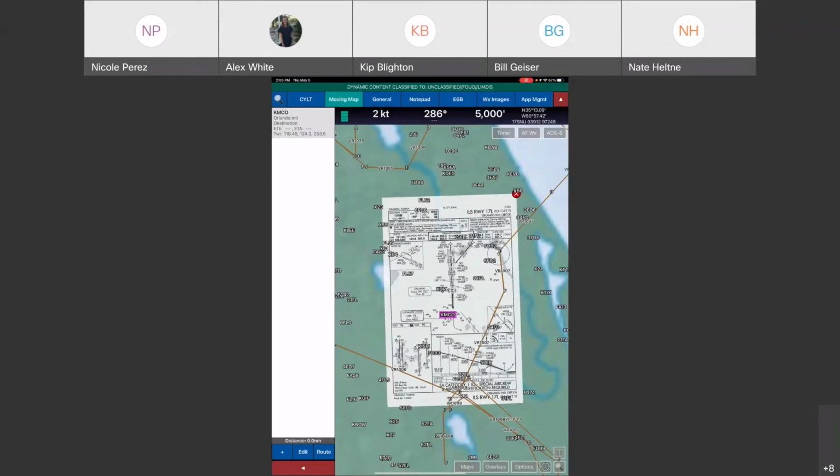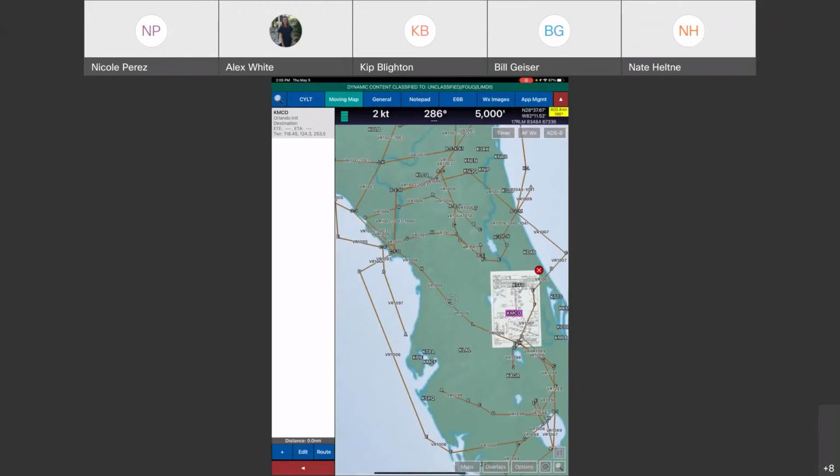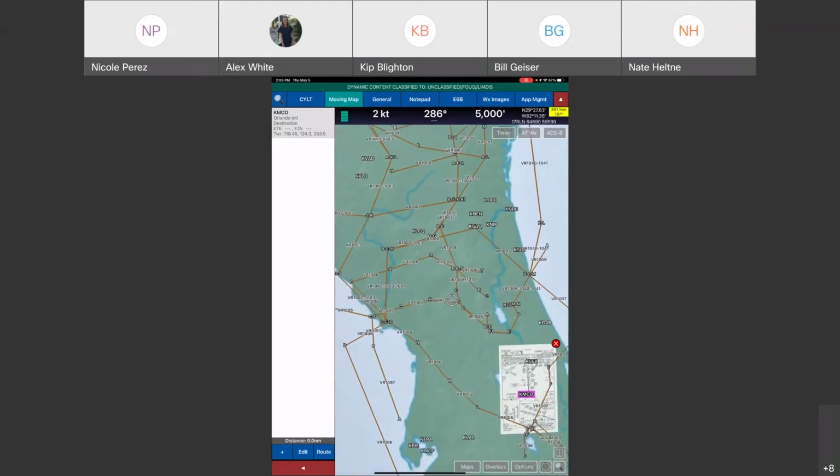All right, so for MTRs, as you may know, we have the overlay where you can display it on the movie map. I already have it displayed. But now you can also add MTRs to your route. You can either add a full MTR or a partial one. To add the route, you have to enter the points you want in a particular format.